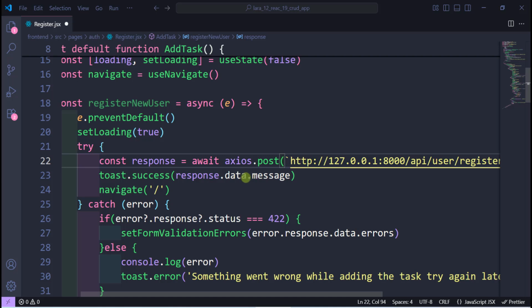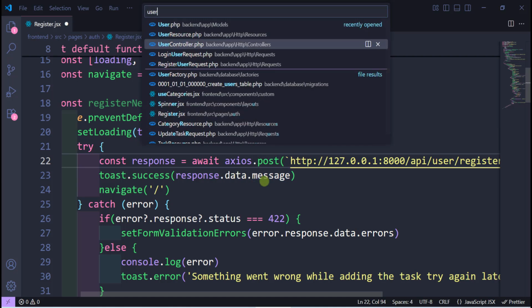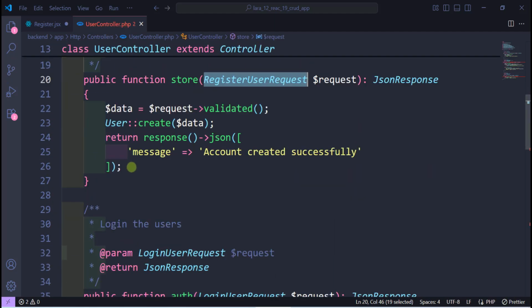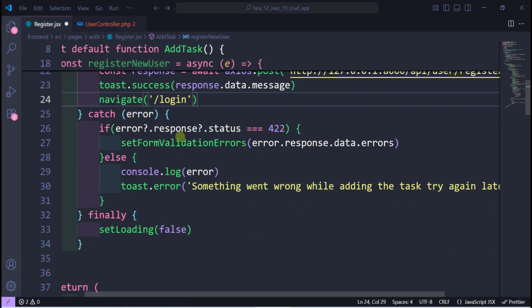Next, we have the response. So we display the response. The response is the message that we have sent from here, this one. So we display it here. We navigate the user. Let's navigate him to the login. If we have the validation errors, we display the validation errors. If we have anything else wrong,